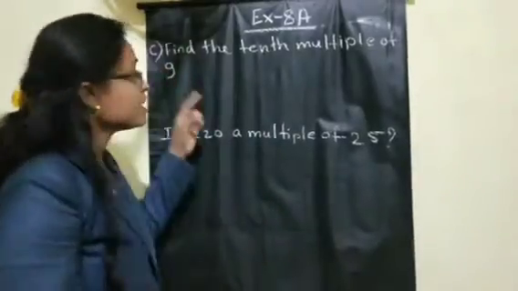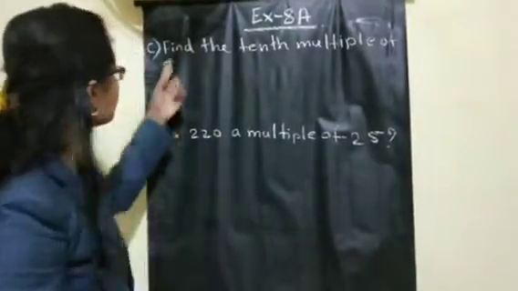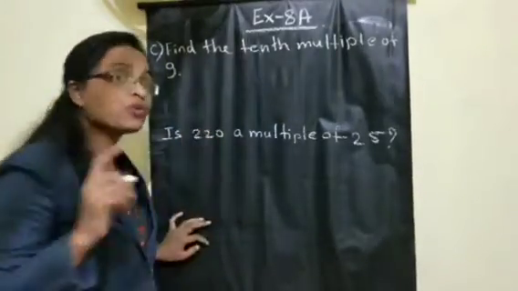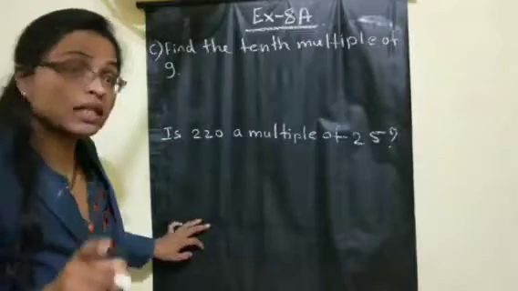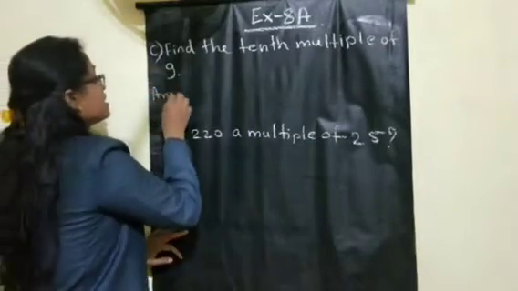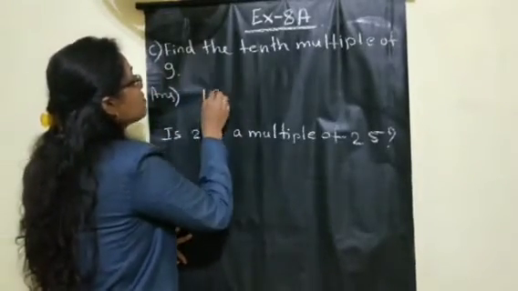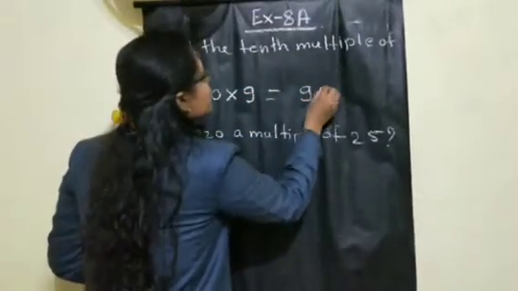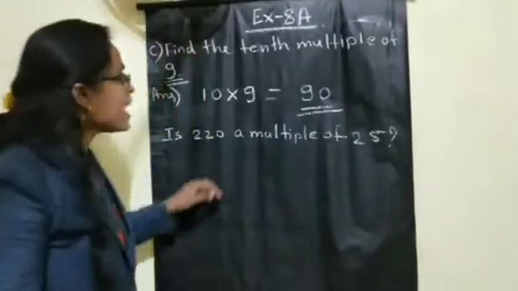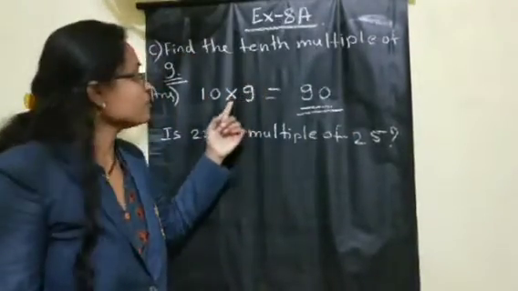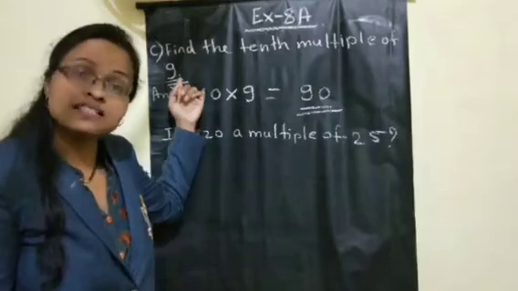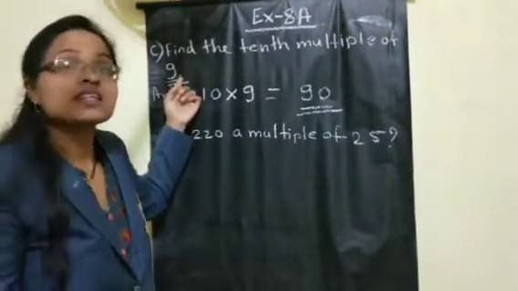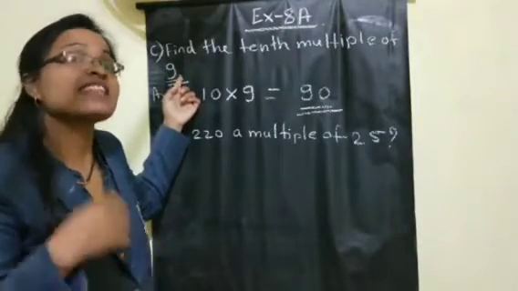Take from C another 2 different type examples. If you see the first one here, find the 10th multiple of 9. We have to find the 10th multiple of 9. So how to find your answer? 10th means you have to multiply 10 by the given number, that is 9. So the 10th multiple of 9 is 90. If they ask for the third multiple of 9, then multiply with 3, 3 9s. If they ask for the fifth multiple of 9, 5 9s. Seventh multiple of 9, 7 9s.